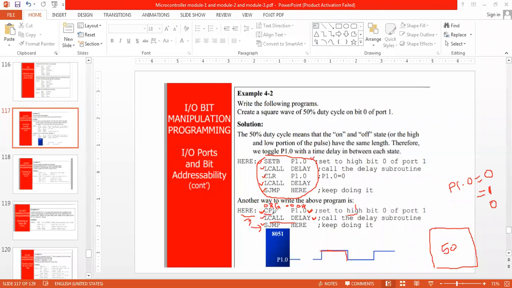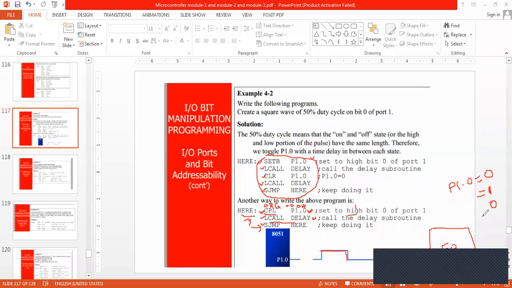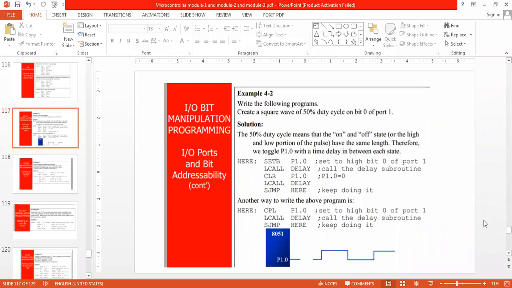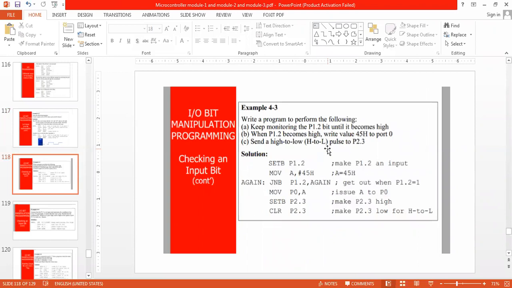I have just used a different methodology to complement the bit. Understood? Is it understood? Okay.